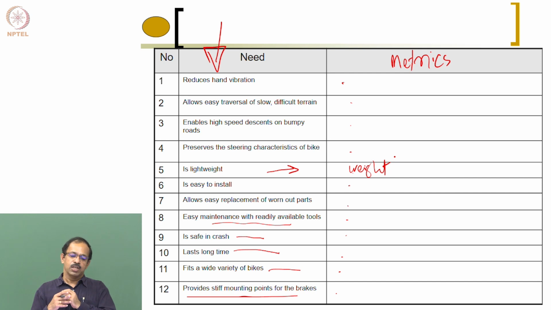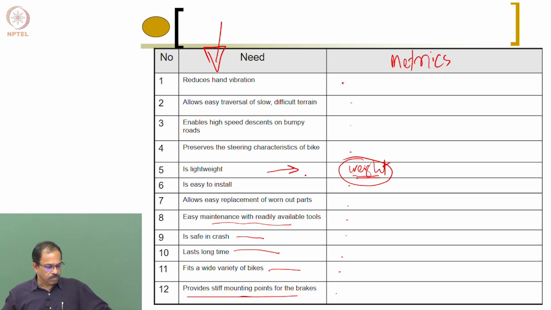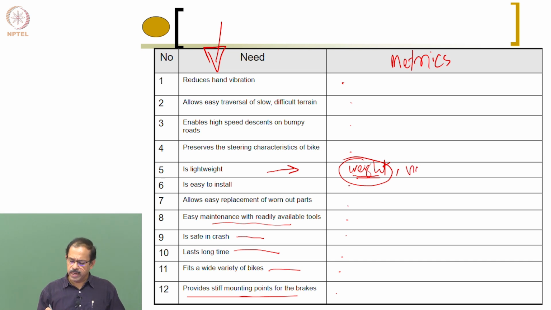It's a parameter. So you need to choose something dependent, because weight depends on material, weight depends on the dimension, weight depends on assembly procedure, number of parts, many things. So weight is a dependent parameter, so you can use weight as a metric. Is there any other thing which you can associate with weight? Number of components. Yeah, you can actually reduce number of components. You may or may not be able to reduce weight, but that may be a metric that you can use.